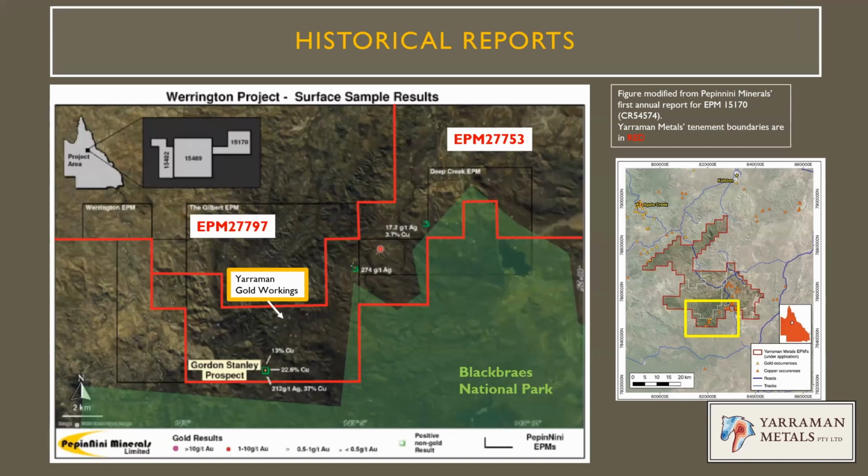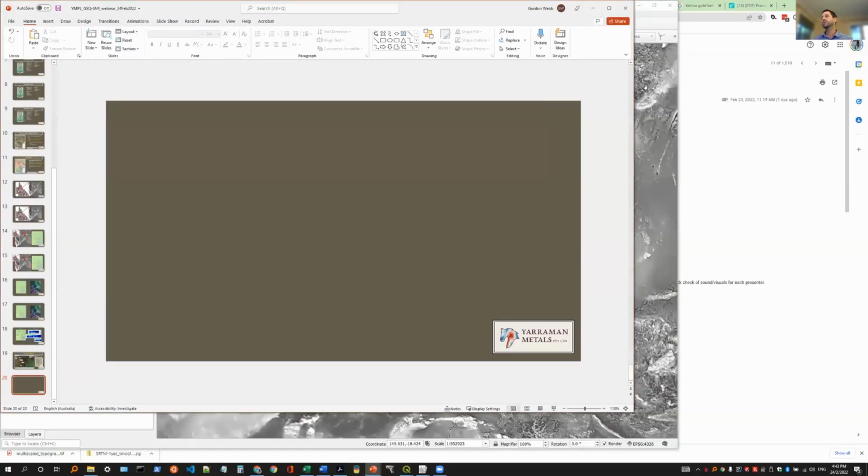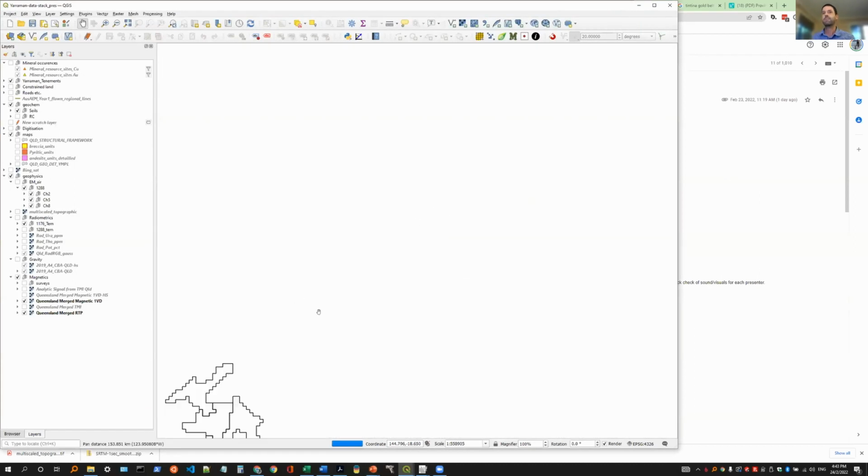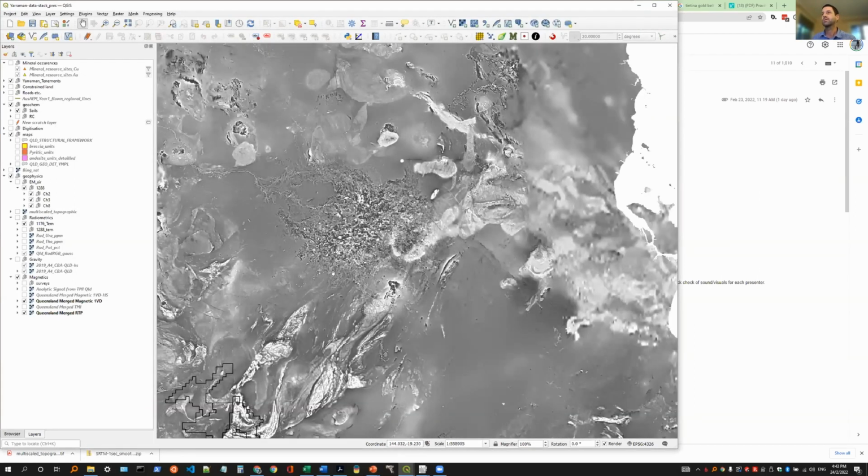Yep, so just switching over to our northern package, we've got a bunch of interesting results here from historical reports, some high-grade copper hits from rock chips up to 37% copper, 274 grams per ton silver. And now I'm just going to switch over to QGIS and show you